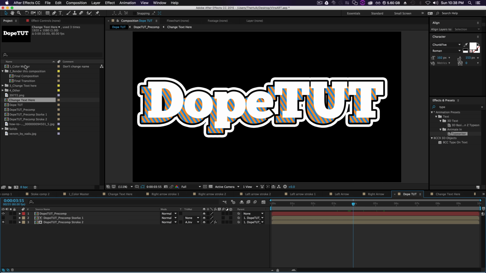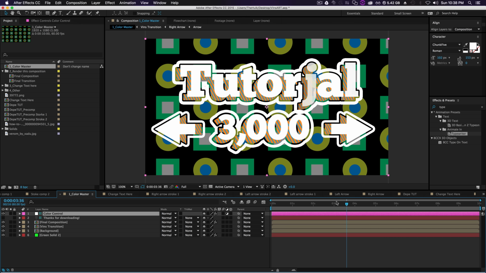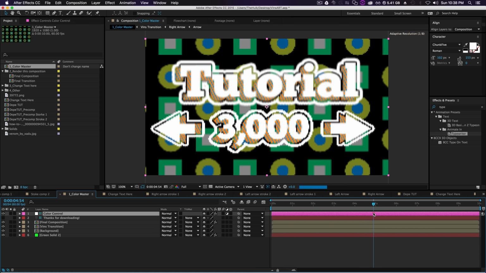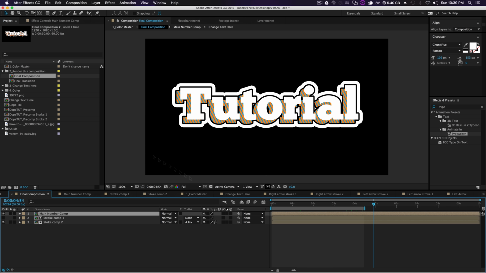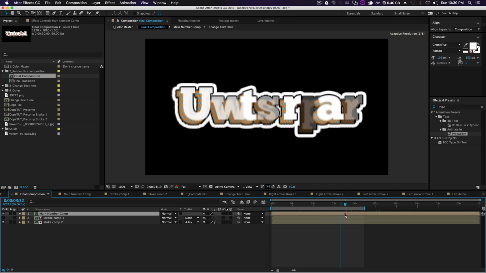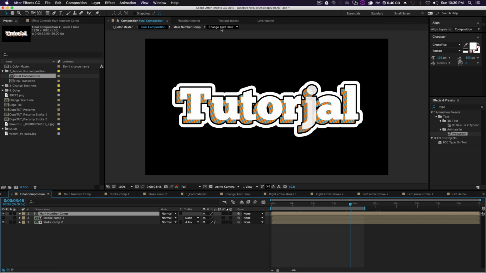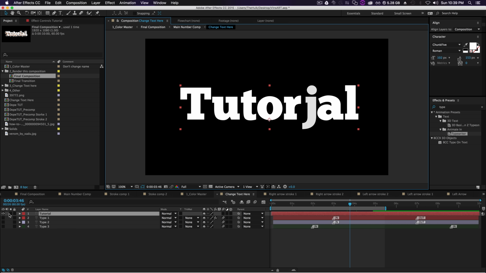Now, before we finish up, I want to go ahead and show you guys a template file that I built around this art style. So let's jump over to the color master composition, and we can see already there's a bunch more stuff going on. So we have the original file right here, which is this final composition, which is really cool, but I did a little more work on the animation, and I actually created a couple different